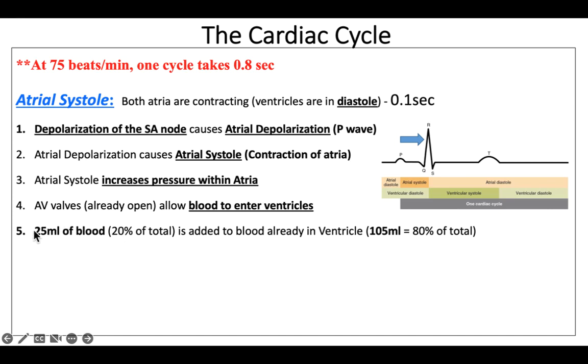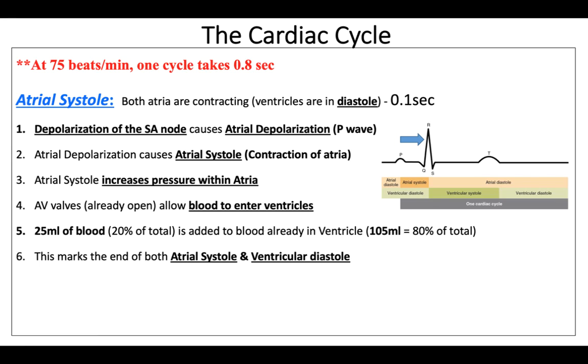This also explains why atrial fibrillation isn't necessarily life-threatening. Because if you have AFib, you might not get this 20%, but you still have this 80%. So you're still going to be able to pump blood, even though the atria might not be functioning. If you add 25 to an already present 105, that's going to mean you have 130 milliliters